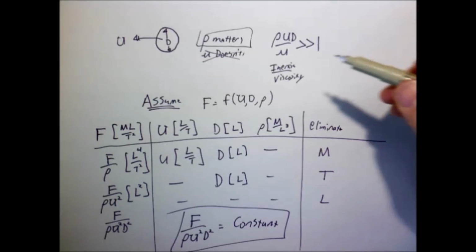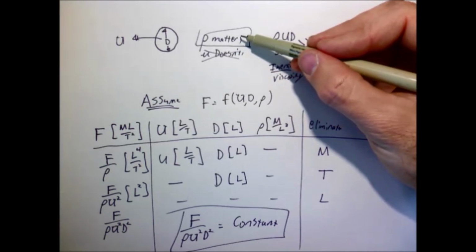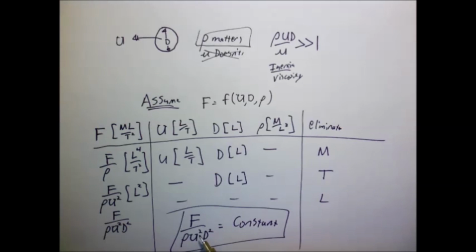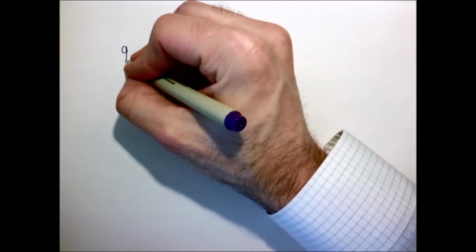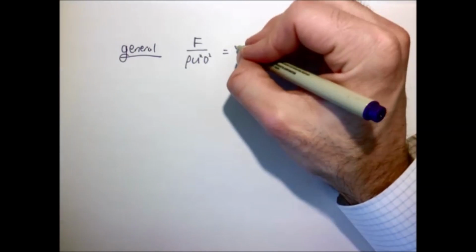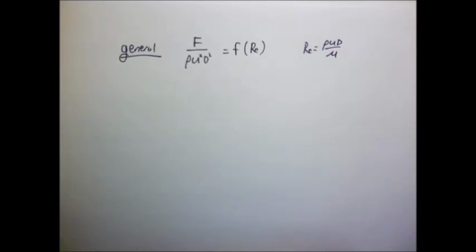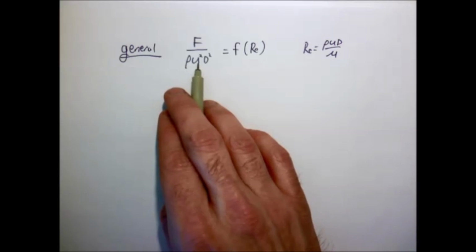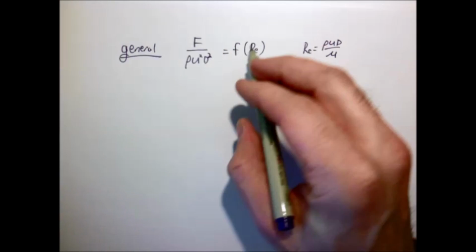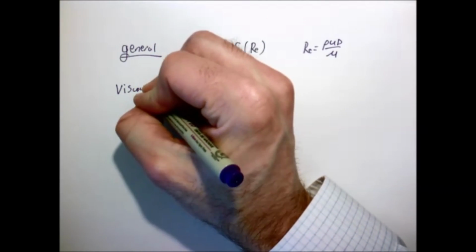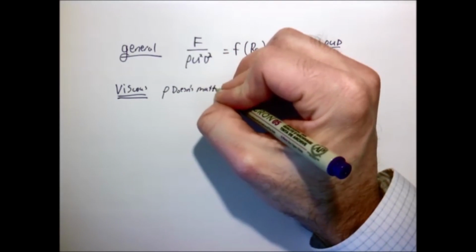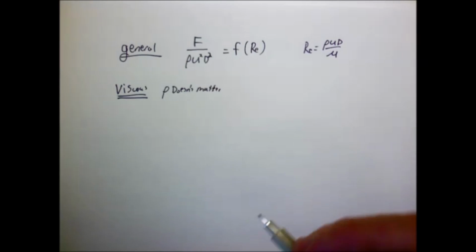So, if viscosity doesn't matter, but density does matter, then force divided by rho u squared d squared would equal a constant. So let's put all this together, the past three results. In general, the force divided by rho, velocity squared, diameter squared, is some function of the Reynolds number that we can determine from experiment. The viscous result, where we said the density of the fluid doesn't matter,